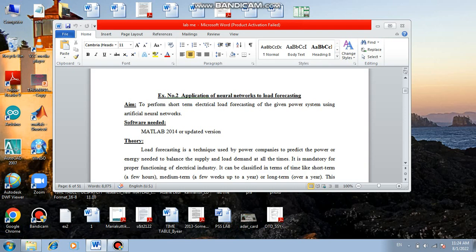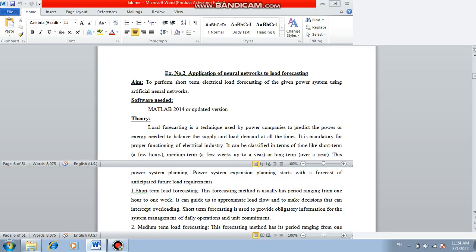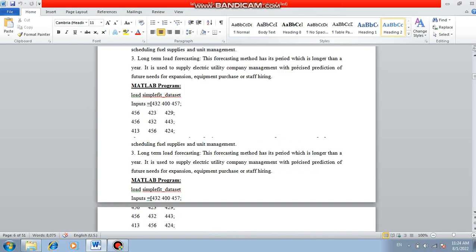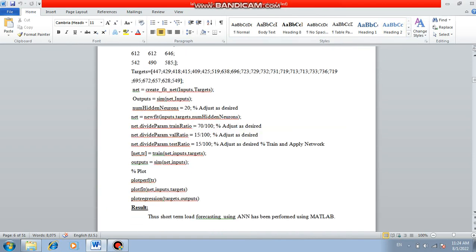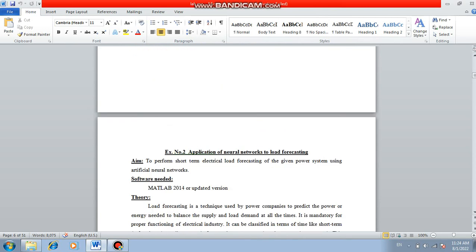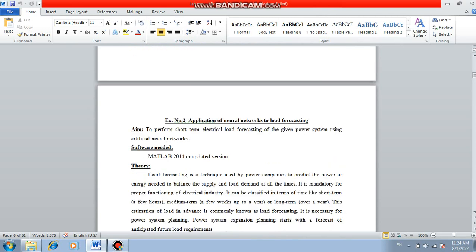Today we will see experiment number 2 in the Power System Lab 2, Simulation Lab 2. Experiment number 2 talks about the application of neural networks to load forecasting. The aim of this experiment is to perform short-term load forecasting of the given power system using artificial neural